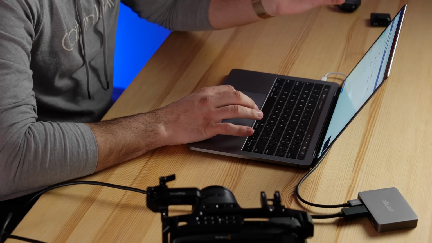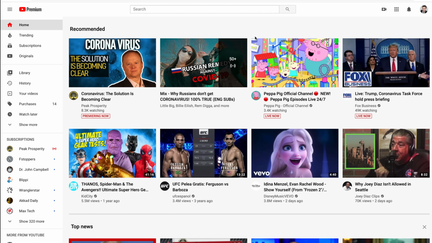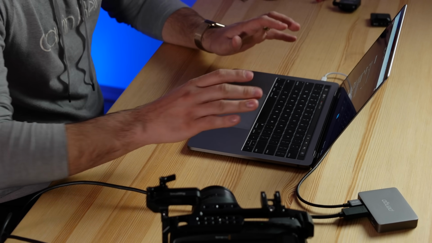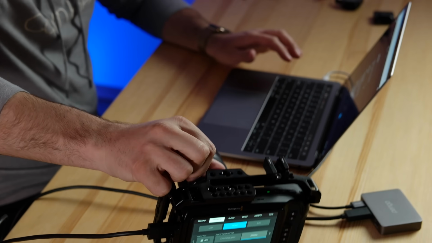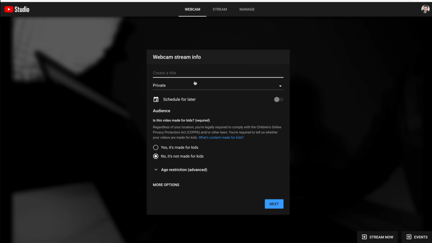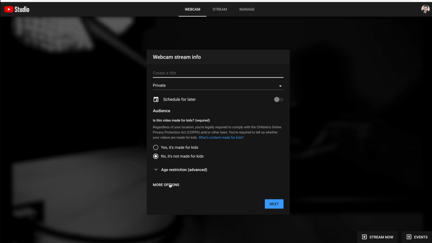What if you want to live stream to YouTube? So I have YouTube open right here, and then on the top right, we have this little camera with the little plus logo. Click on that, and then select go live. We're going to select webcam on the left-hand side. And just like that, you will see in the background, it's kind of darker, but that's the feed from my camera here. So now you just put in your title, change your options, and then you can go into the